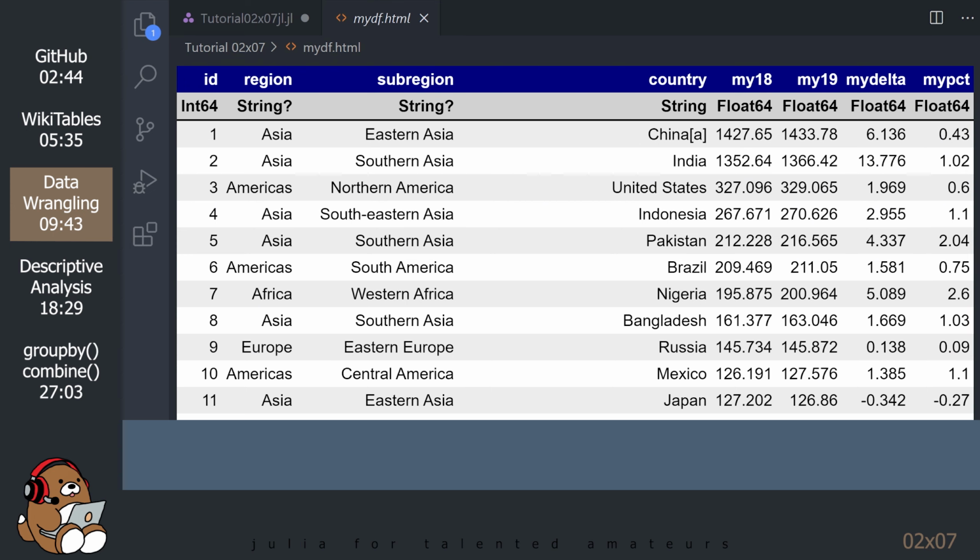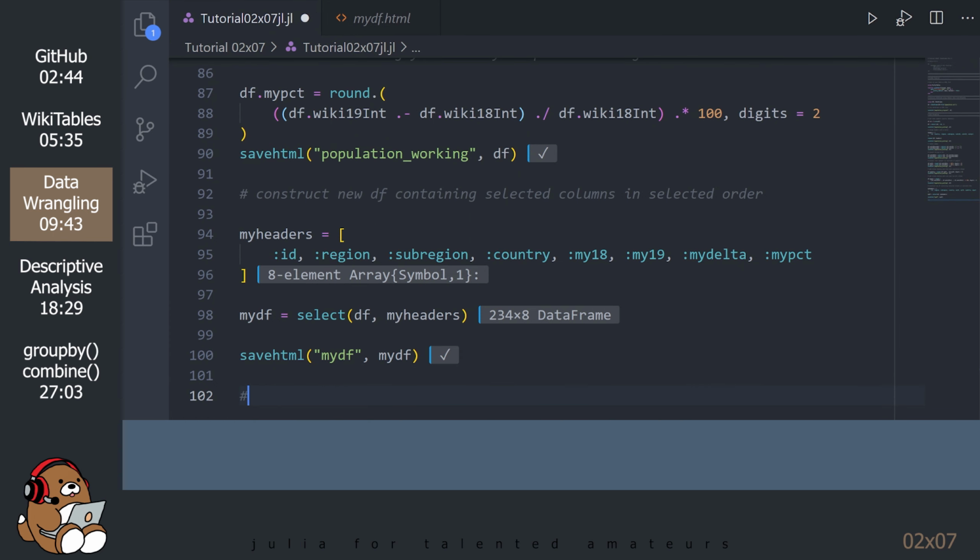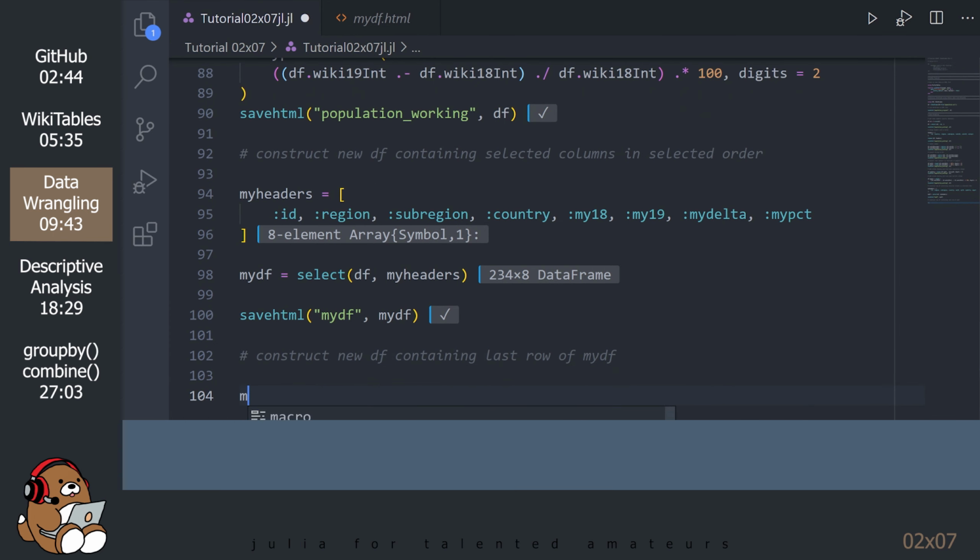Before we can celebrate the completion of our data wrangling exercise, we have one last issue to deal with, and that's the issue of what to do with the last row containing the totals. The totals row is not actually part of the dataset. Those are calculated figures, and their placement in the table is not consistent with the tidy data format. However, you should not simply delete the row. I'll show you why in a few minutes. For now, let's preserve this data in a new data frame so we can refer to it later.